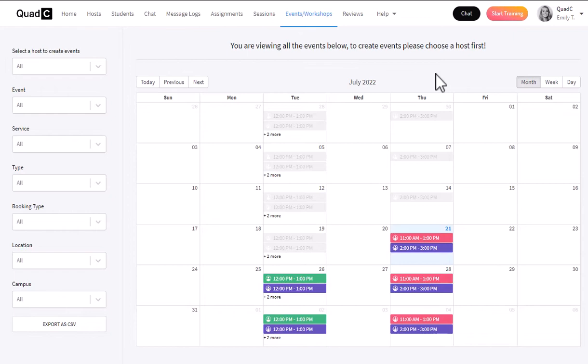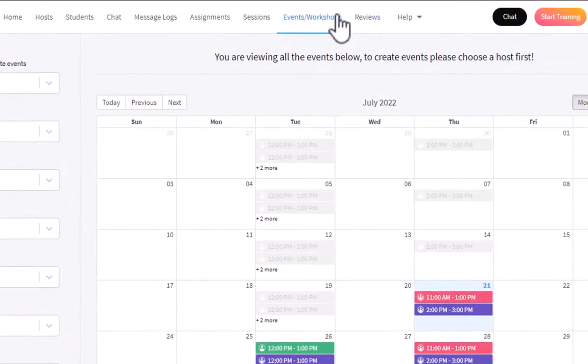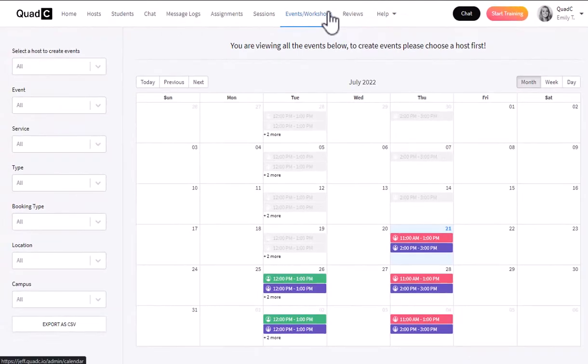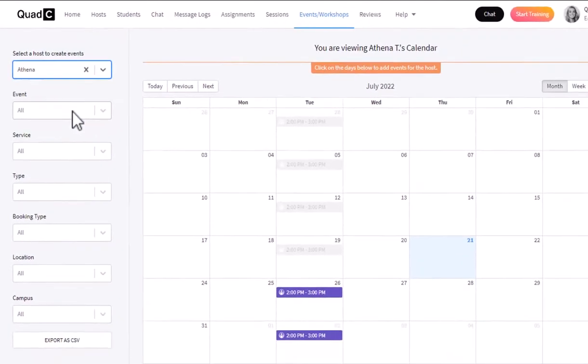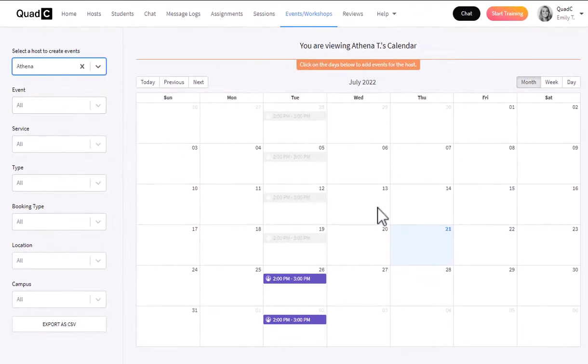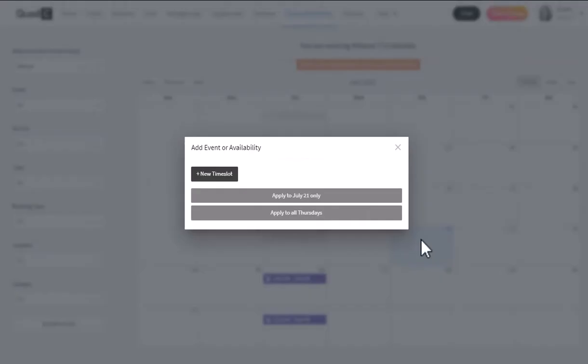From the admin portal, administrators can create and manage their events via the Events and Workshops tab. The administrator must first choose a host to host the event. They can then click on a date that they wish to add the event to and fill out the details